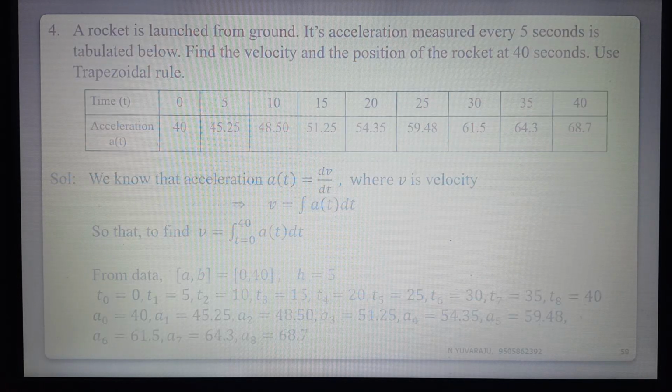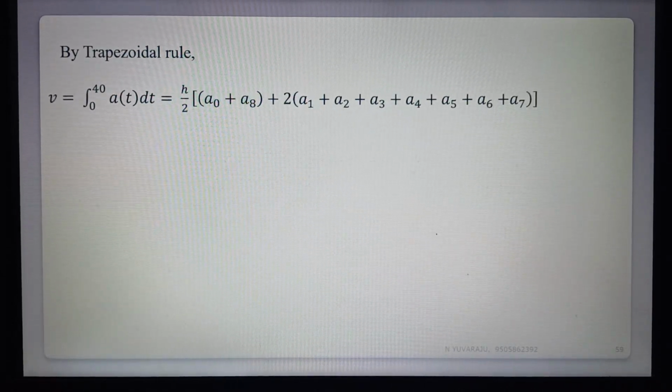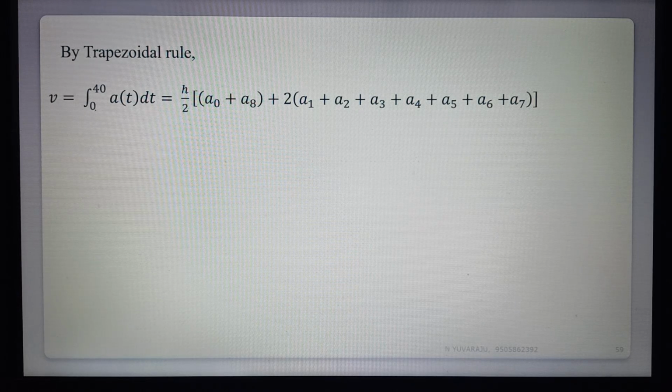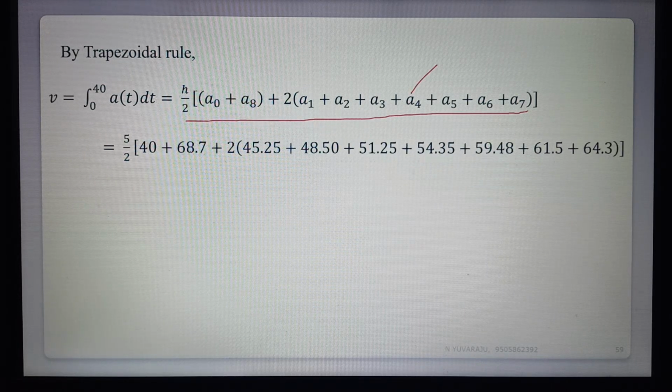By the trapezoidal rule, the integral from 0 to 40 of a of t dt is h by 2 into a0 plus a8 plus 2 into a1 plus a2 plus a3 plus a4 plus a5 plus a6 plus a7. Substituting all values, h by 2 is 5 by 2, and after simplification the total value is